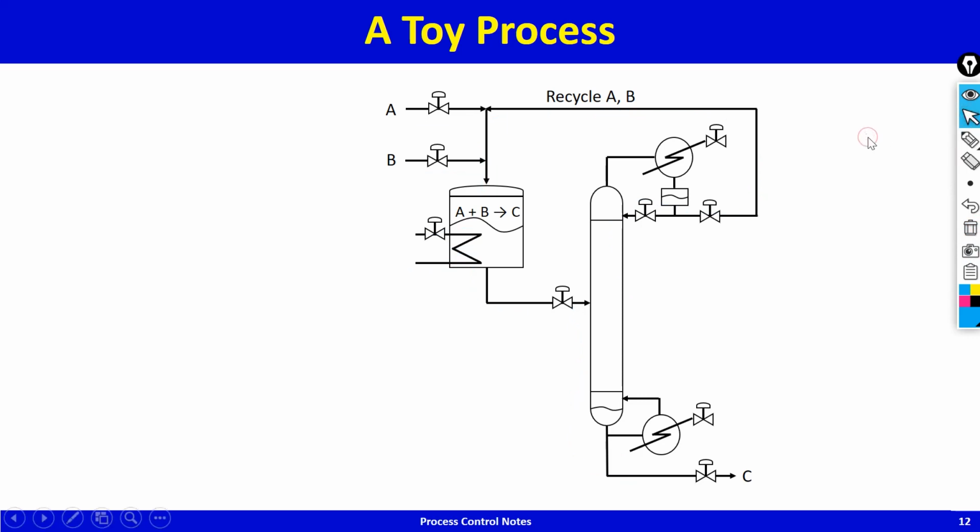And if you count the number of valves, it's 1, 2, 3, 4, 5, 6, 7, 8, 9. So that's a control degree of freedom of 9. Of these 9,